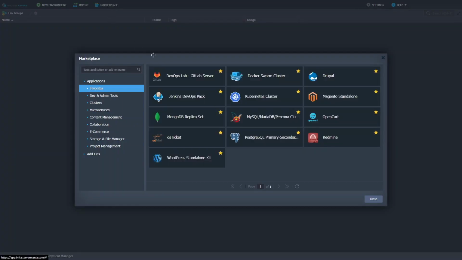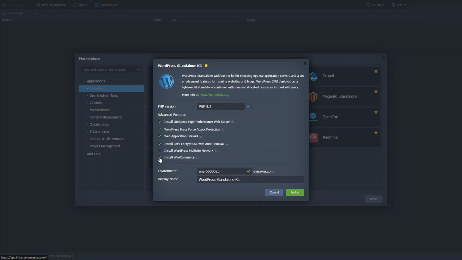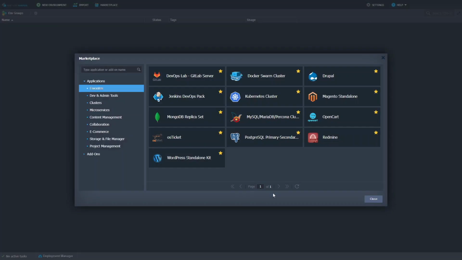In this video, I'm going to show you some of the features of the marketplace, where you'll find dozens of templates that install some of the most popular web applications, container orchestration platforms, login solutions, and e-commerce engines. Templates may contain checkboxes, drop-downs, and text fields to collect user preferences, instructing Jelastic on how exactly to deploy an app, what settings to use, and how many container replicas to produce.